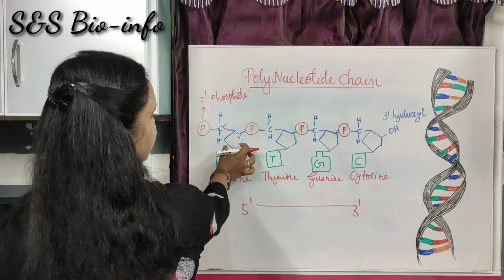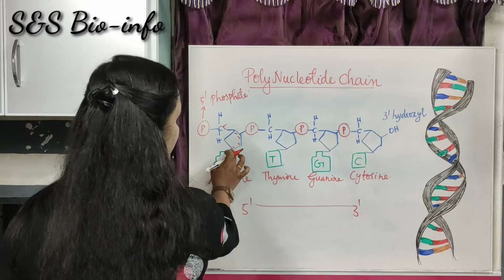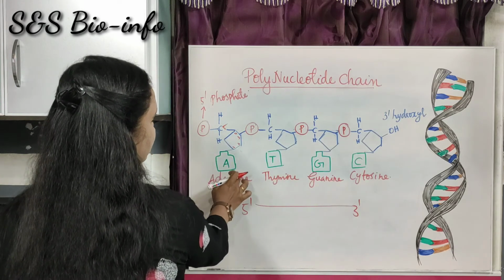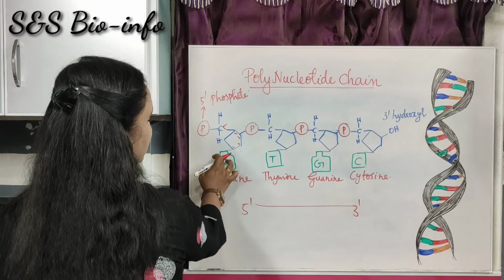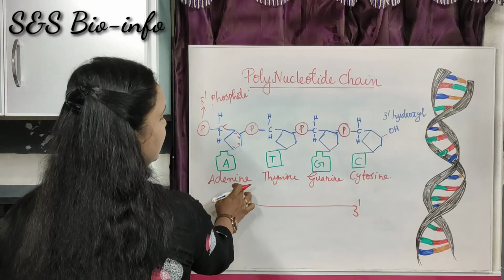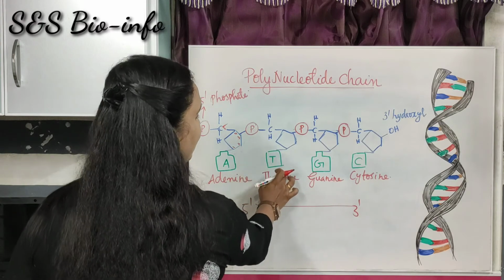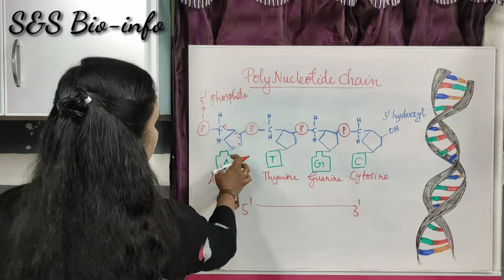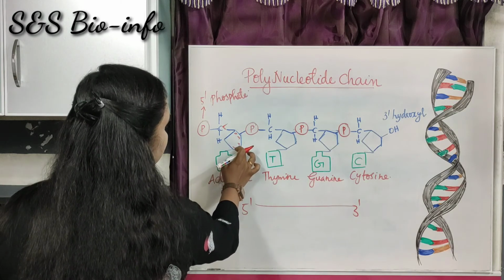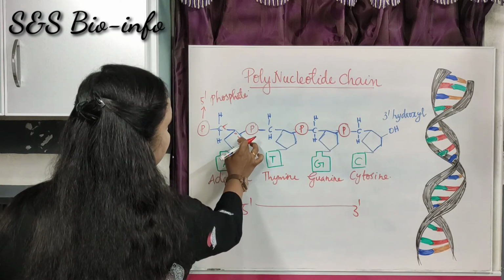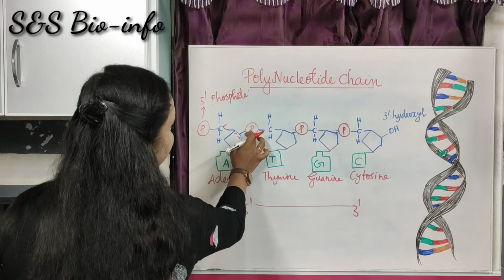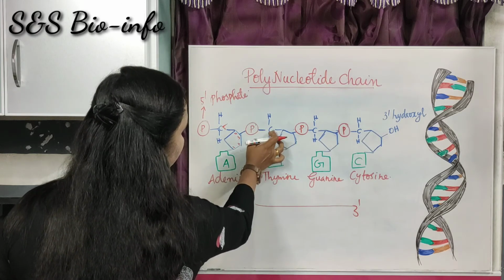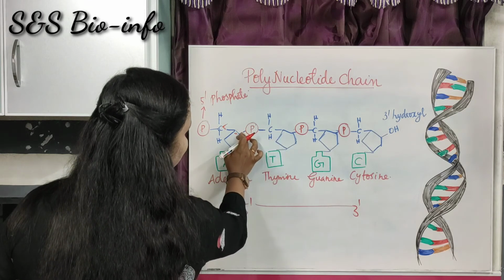So how is one nucleotide connected to the next? Look at the ribose sugar. The first position is attached with the nitrogen base. For denoting the double-ringed structure, a specific box is given for adenine. Thymine is single ringed, only a single box. Guanine double ringed, cytosine single ringed. Here the ribose sugar, first, second, third carbon atom has a connection with the phosphate, then the fifth carbon atom of the second nucleotide. So 3' to 5' end.